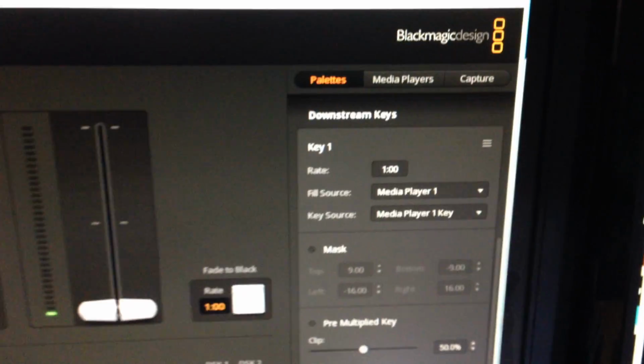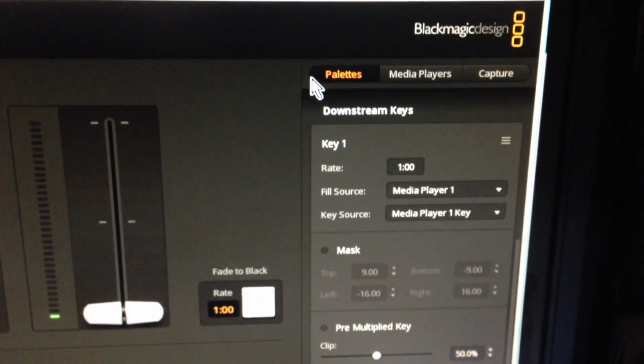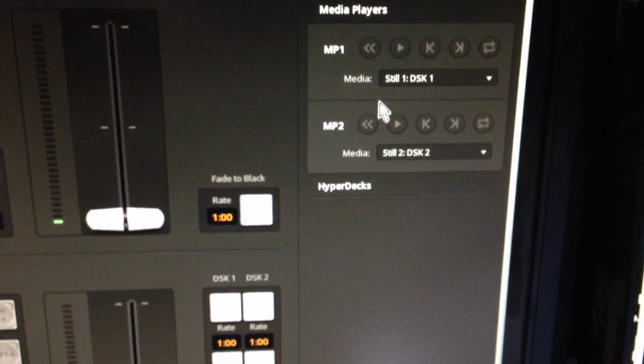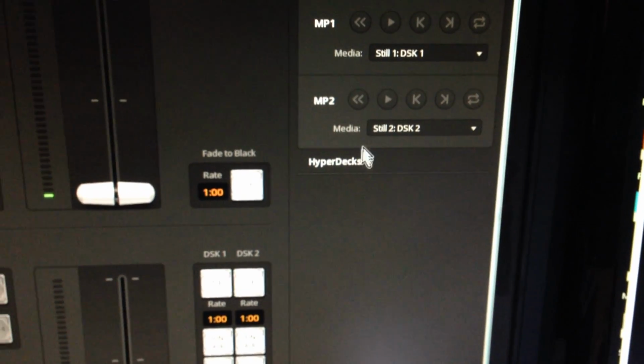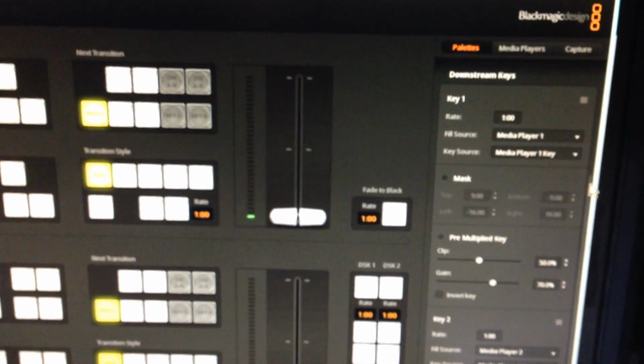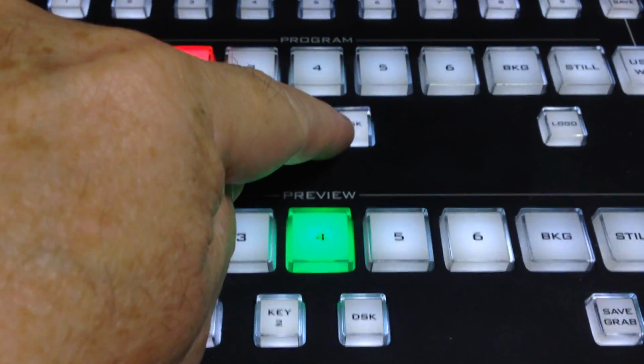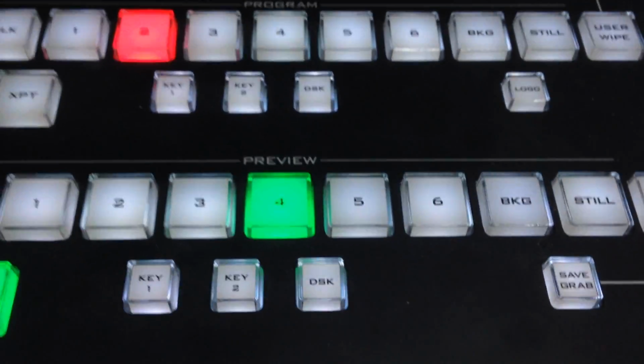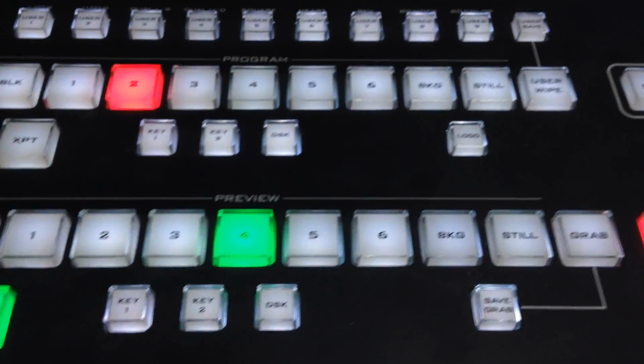And in media player we have both the software media players and the hypertext, but we'll get to them later on. That software isn't yet written. But today we're going to be covering just very quickly the color generators and the downstream keys. You may remember in the last video I showed the use of the downstream keys for program and preview. I'm going to show you how we're going to set them up using the normal